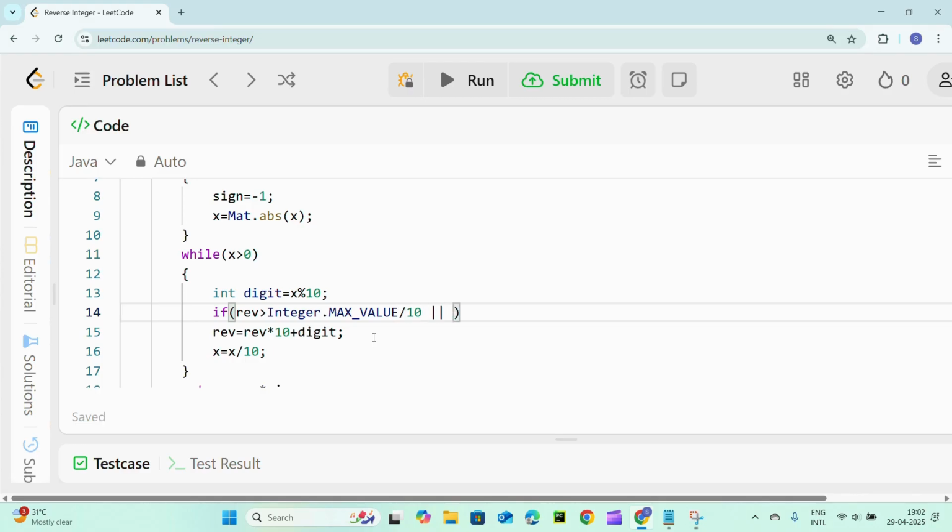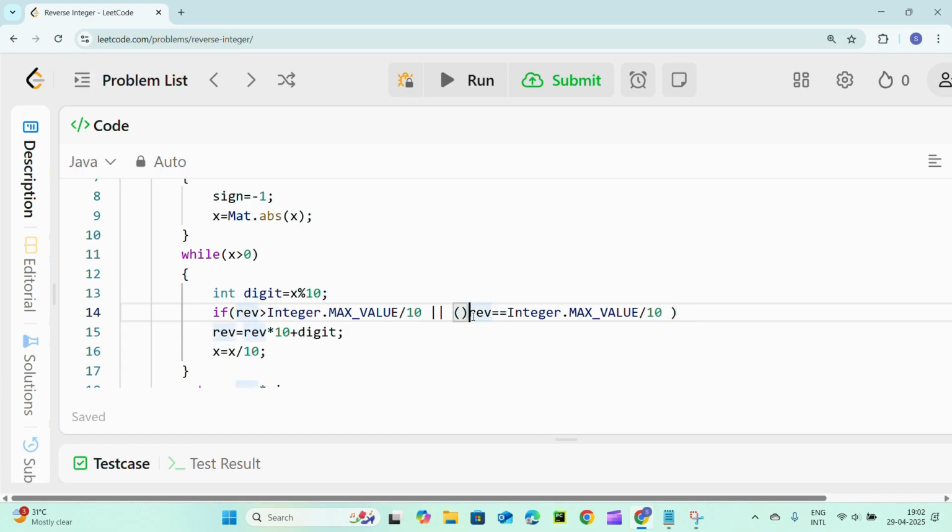And next let's take reverse equal to Integer.MAX_VALUE divided by 10,